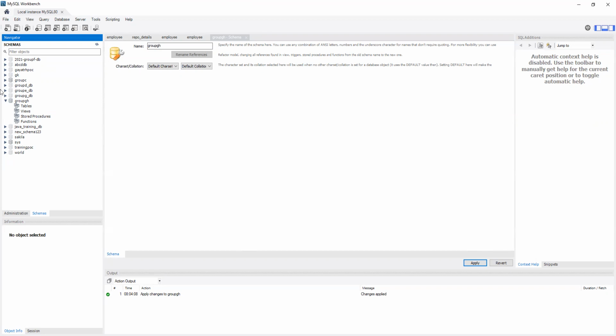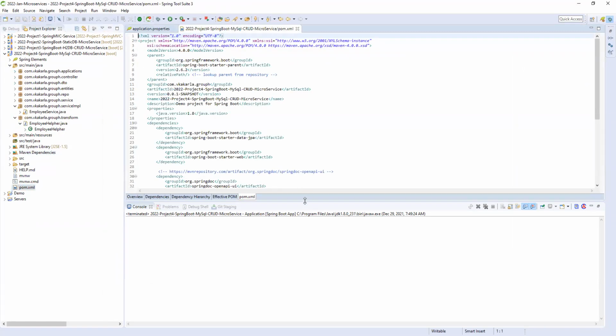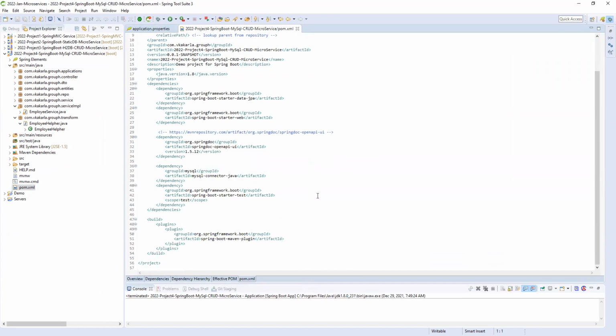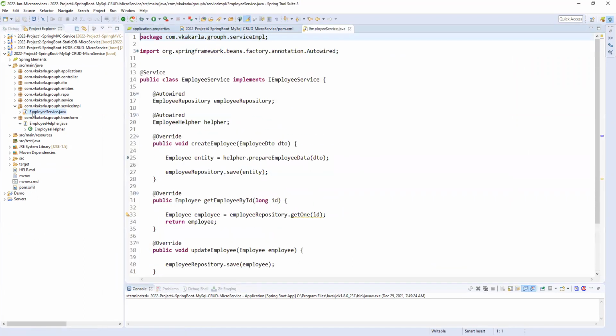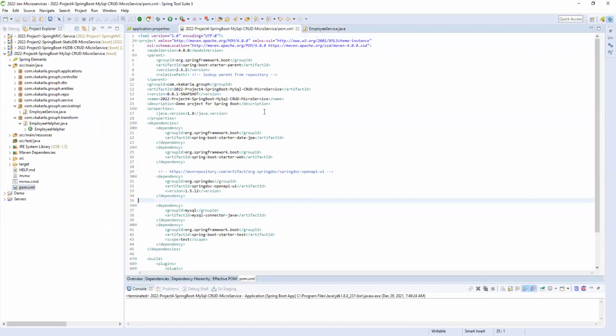Coming back here, before that, I'm opening the pom.xml. What are the required things we need? Let me increase the font size.